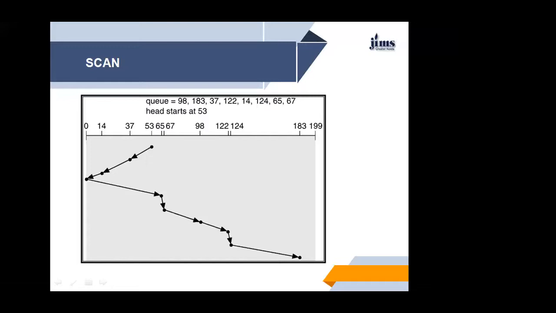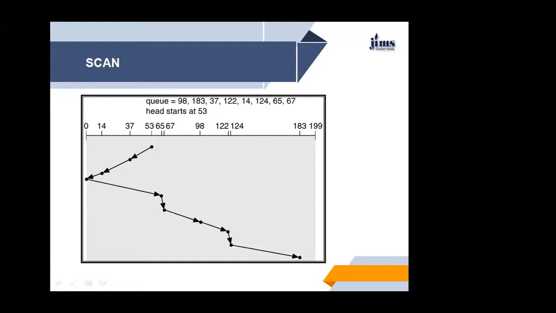If a request arrives in the queue just in front of the head, it will be serviced almost immediately. A request arriving just behind the head will have to wait until the arm moves to the end of the disk, reverses direction, and comes back. That is why the scan algorithm is sometimes called the elevator algorithm, since the disk arm behaves just like an elevator in a building. First service all the requests going up and then reverse to service requests the other way.